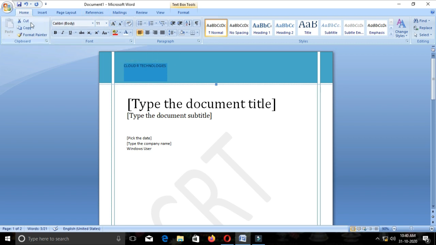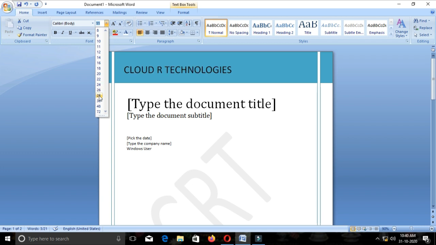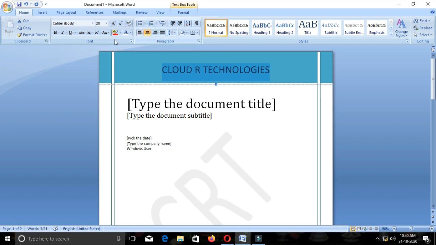Once again I go back to Home and choose the font size. It is not enough, not enough. Yes, this is okay for my company name. Make it center and make it bold.